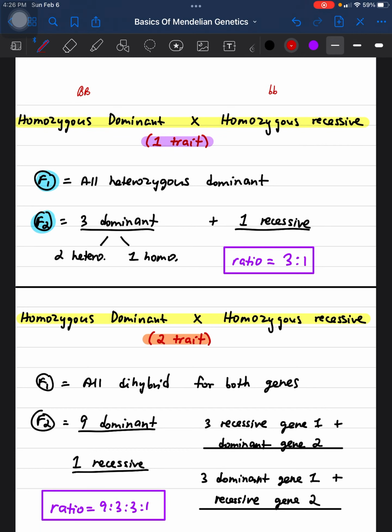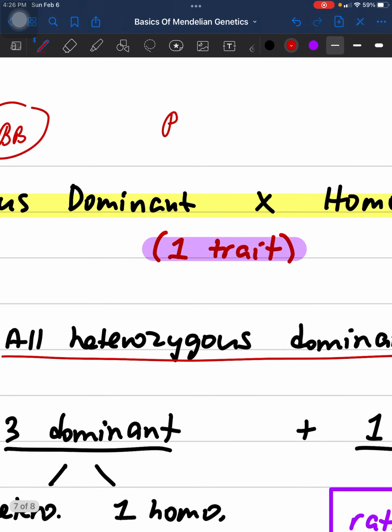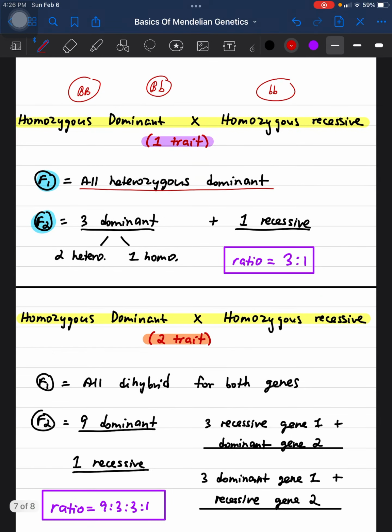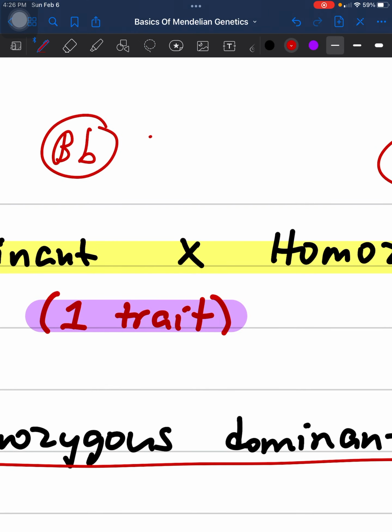When we're crossing that, the F1 generation, the first time we cross both of these parents, all the offspring are going to be heterozygous dominant, so they're going to be Bb. But in the F2 generation, we're going to self-cross one of the F1 offspring with itself, so we're going to cross with